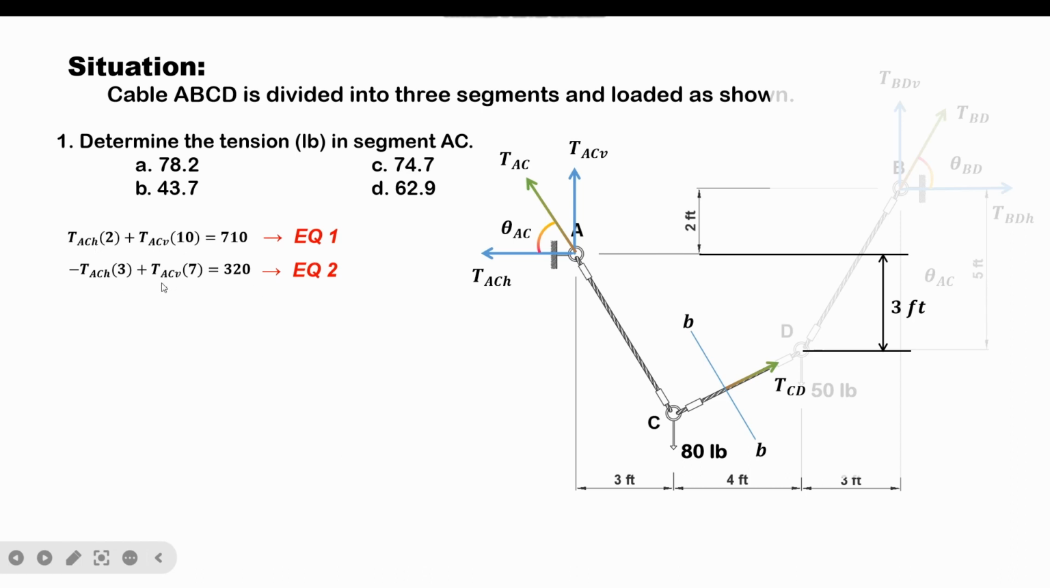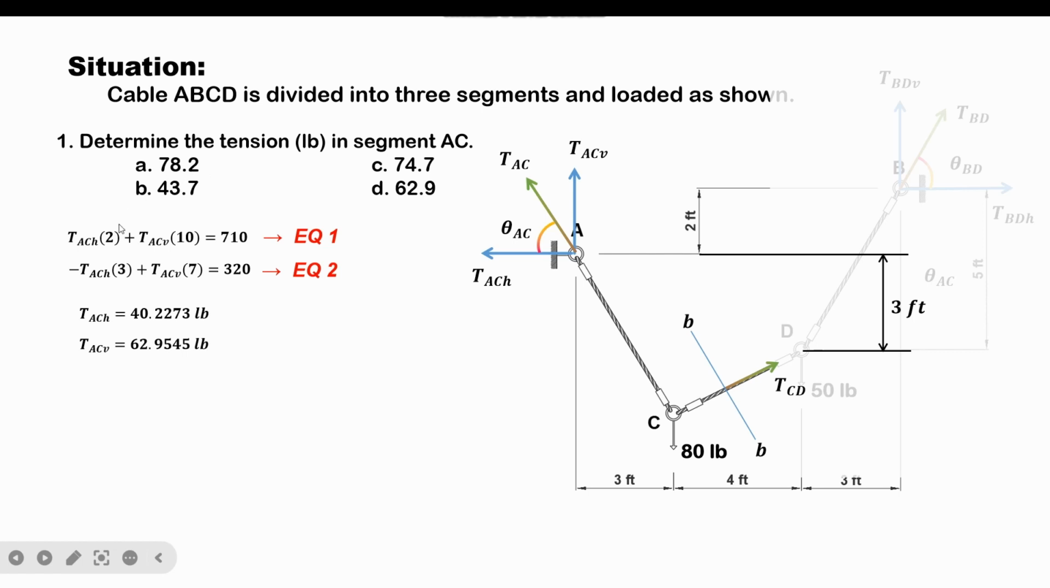So using the equation solver of our calculator, we basically compute the value of TACH to be 40.2273 and the vertical component of the reaction at joint A to be 62.9545. So the resultant reaction at A, which is also equivalent to the tension in segment AC, which is the